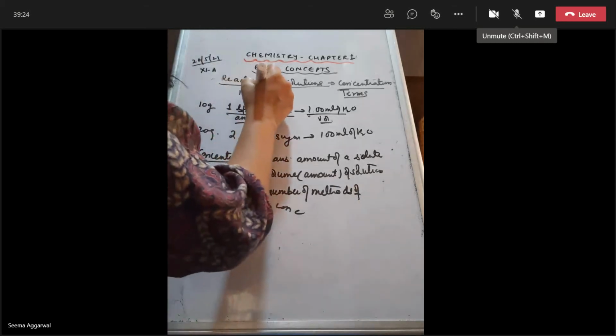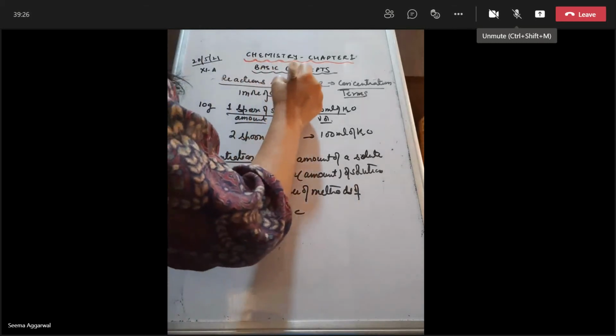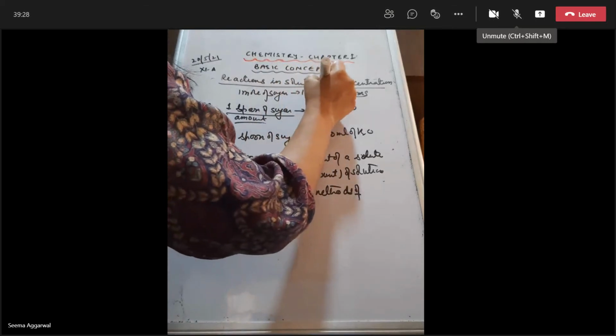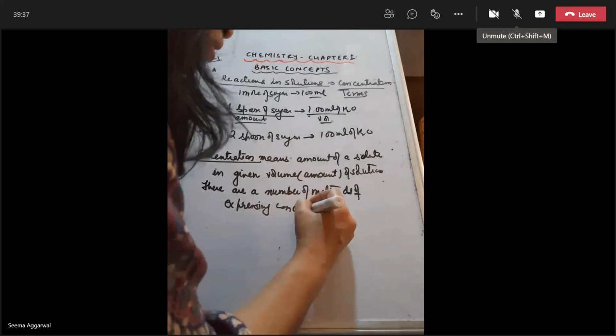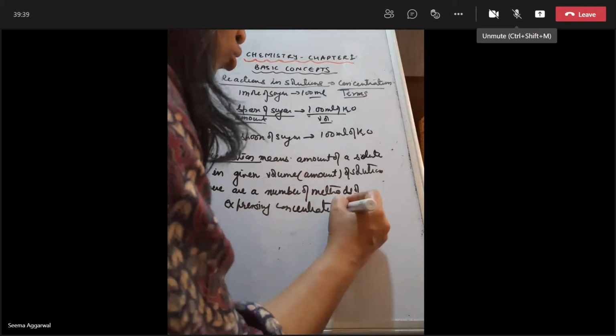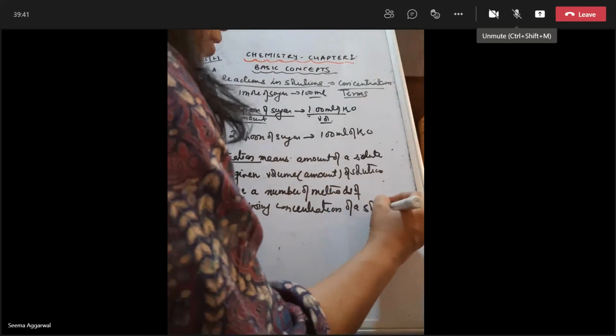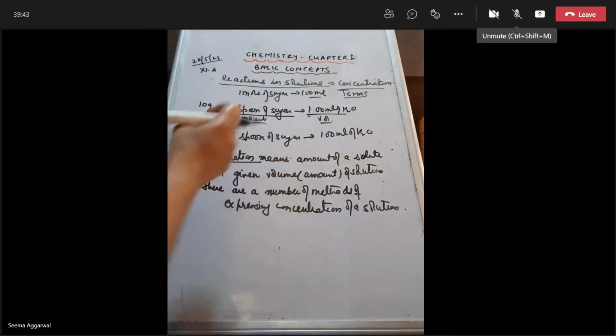अच्छा, केमिस्ट्री की टर्म्स में मैं ये भी कर सकती थी कि मैंने 1 मोल ऑफ शुगर ले लिया in 100 ml of water. So it means amount can be in moles, it can be in volume, it can be in any of the terms. So there are a number of methods of expressing concentration of a solution. Okay? So what we are going to do, those reactions in which the solutions are involved. What is the meaning of solution? Means there are 2 terms, solute and solvent. What is solute?